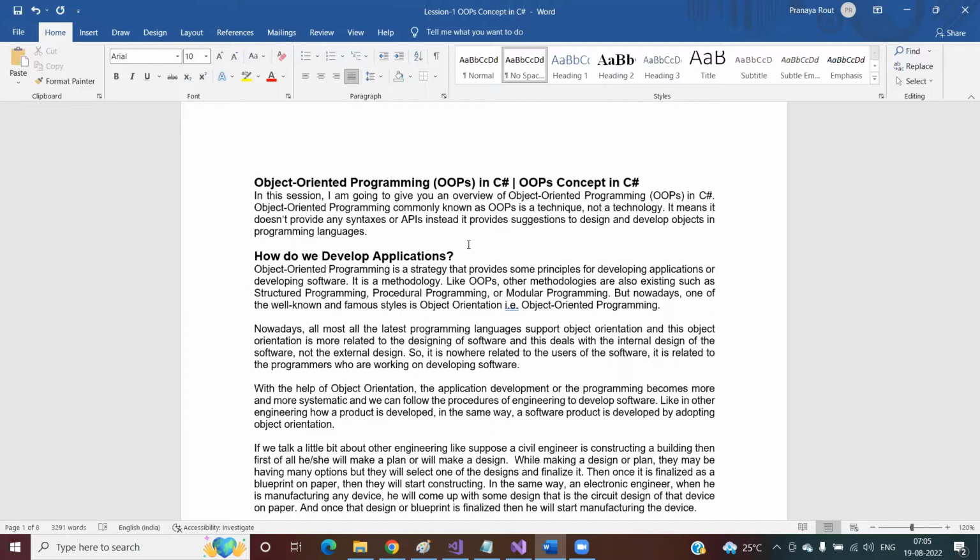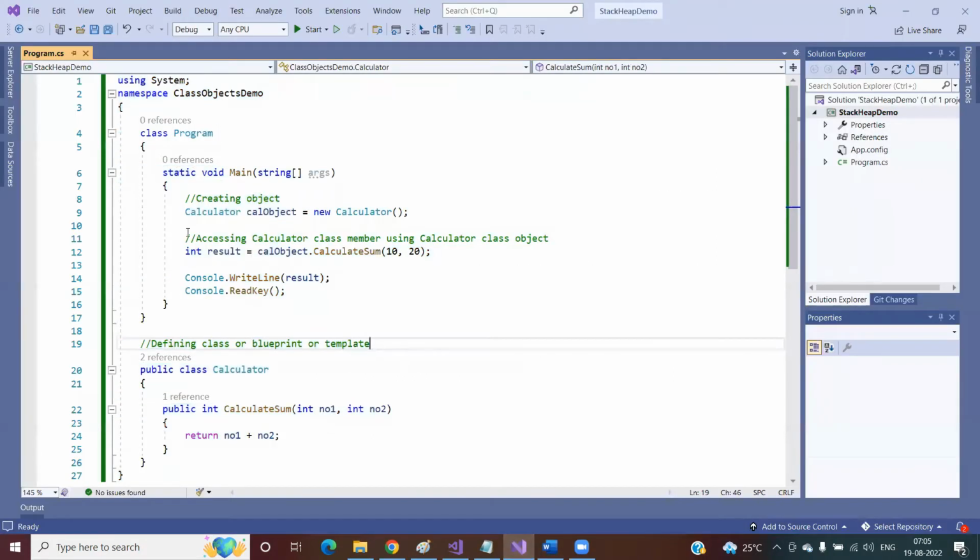If you look at the C programming language, whatever statements we write,